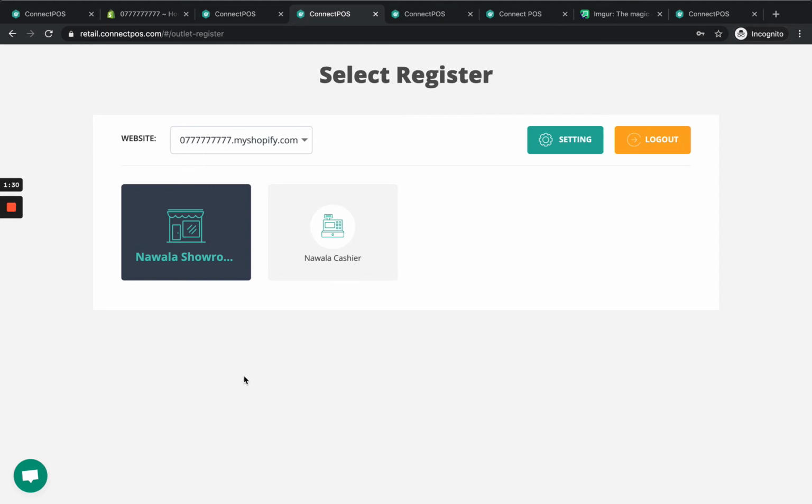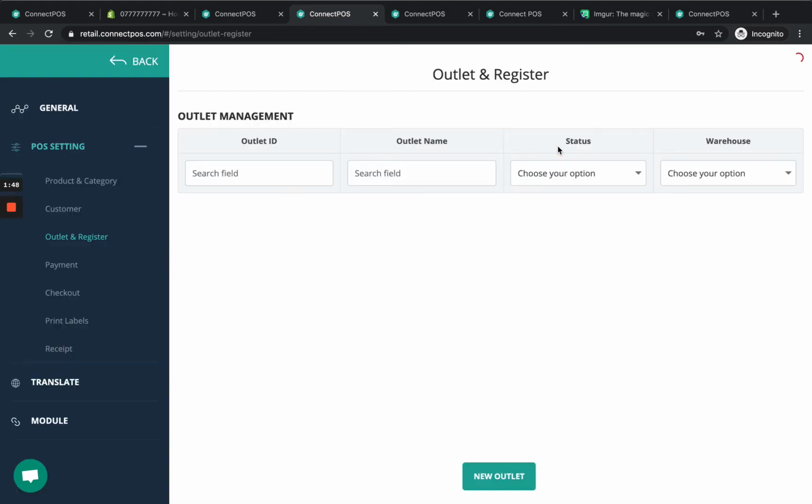You basically see your outlet and register, but the first time you log in you won't see anything because you need to create that. And you see a button here to create a new outlet and register. By clicking on that button, you will be redirected to this screen, outlet and register setting. And by clicking on new outlet,